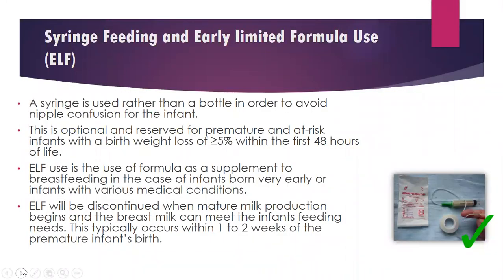Syringe feeding and early limited formula use, also known as ELF. A syringe is used rather than a bottle in order to avoid nipple confusion for the infant. This is optimal and reserved for premature and at-risk infants with a birth weight loss of greater than 5% within the first